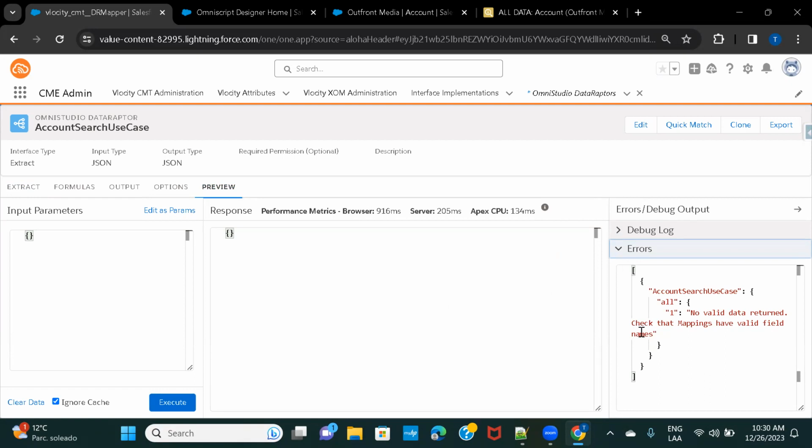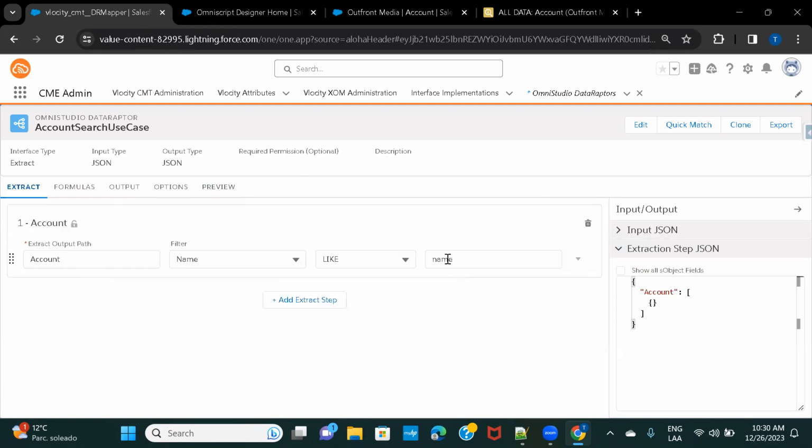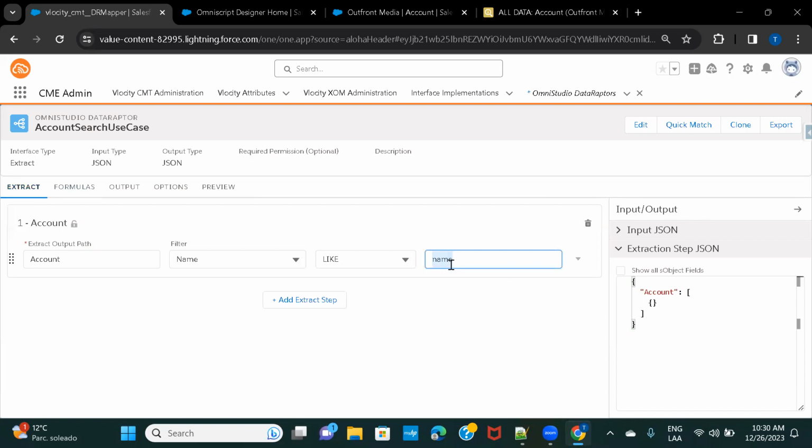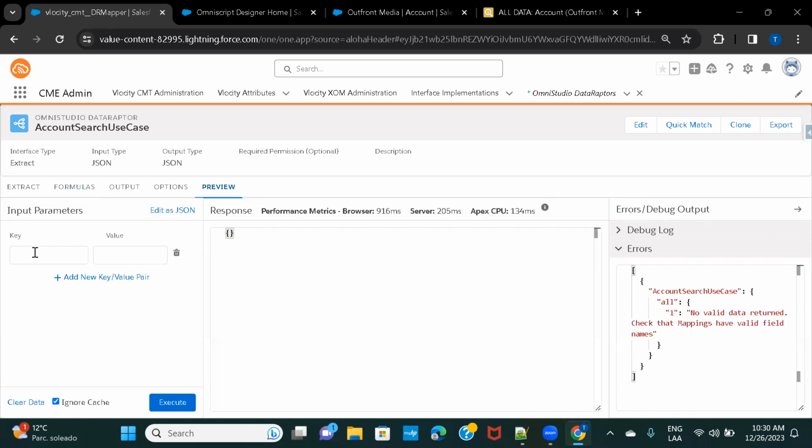So it is because we have given a variable and we did not provide any value in the variable. The variable is over here, in the where condition, this is the variable that I've created, but I need to provide some value over here. So let's go back to preview, and here we need to click on edit as params and then click over here. And what is the value that we have? Name. Copy this, come back here. And the value that you have to give is